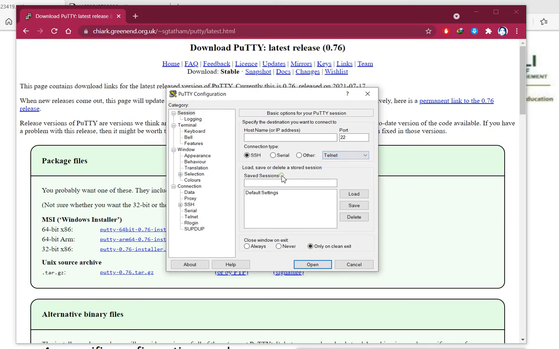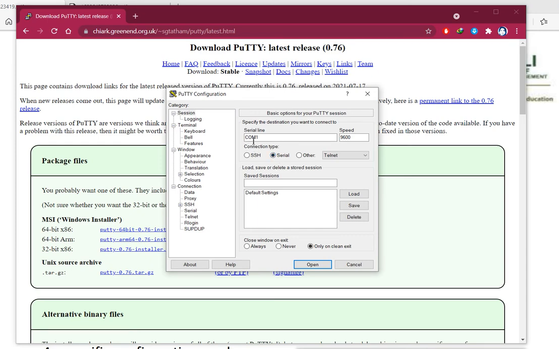With all of that, you can do the serial connection also. If you want to connect the router or switch which is connected through our serial port, serial ports are also called COM ports, COM1, COM0 if you have multiple ports. So we can select this serial connection here, and we can select the serial line.